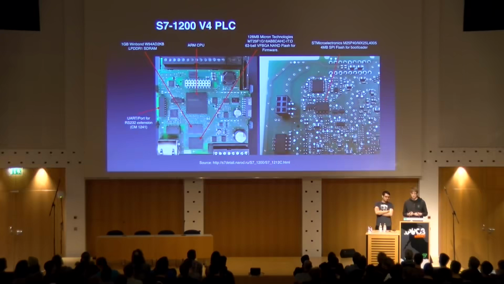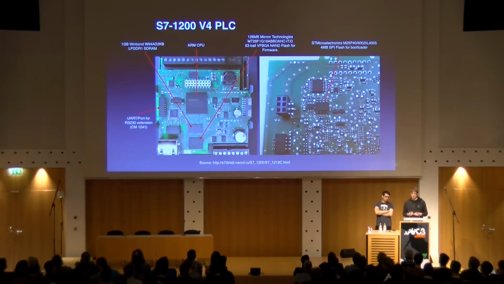So as mentioned before, it's a Cortex R4, revision 3. It's a big endian instruction set, and it only has an MPU, so there is no virtual memory, basically. There are multiple RAM sizes depending on which year you bought it or which variant of the S7 1200 you buy. And also multiple SPI flash and multiple different types of NAND flashes. The most significant difference is in the RAM, which sometimes they use Winbond and sometimes they use Micron Technologies. Recently, at least, Micron Technologies RAM. It's LPDDR1